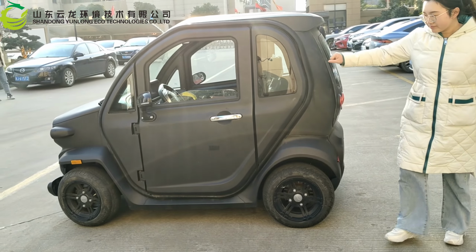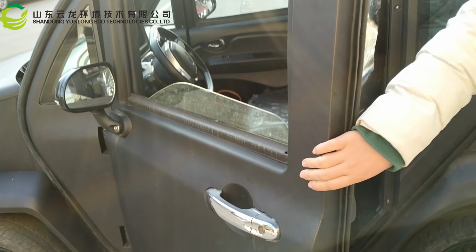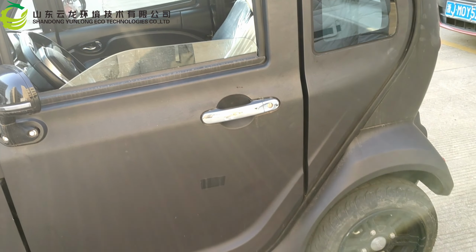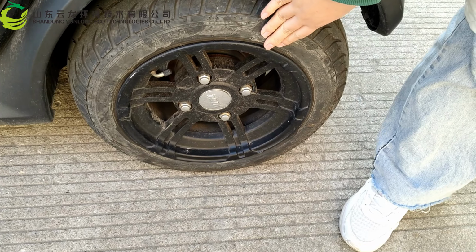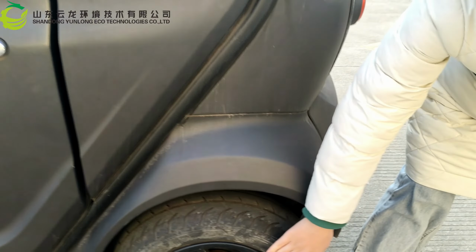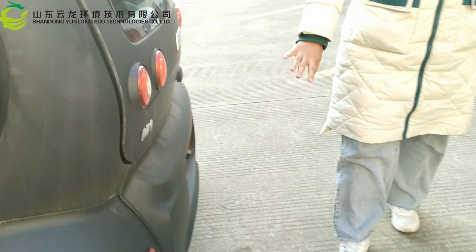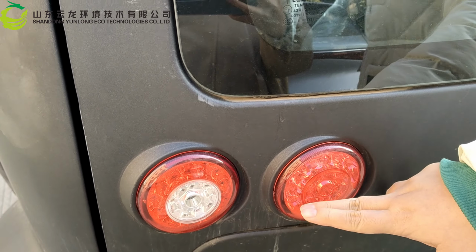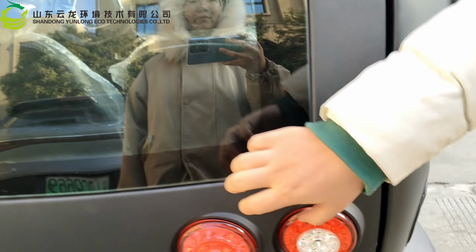Supermarket, you can lock the door. Absolutely, the car. Okay, the tire size is 12-inch aluminum. Okay, this indicator light has all the marks. To lock the window,